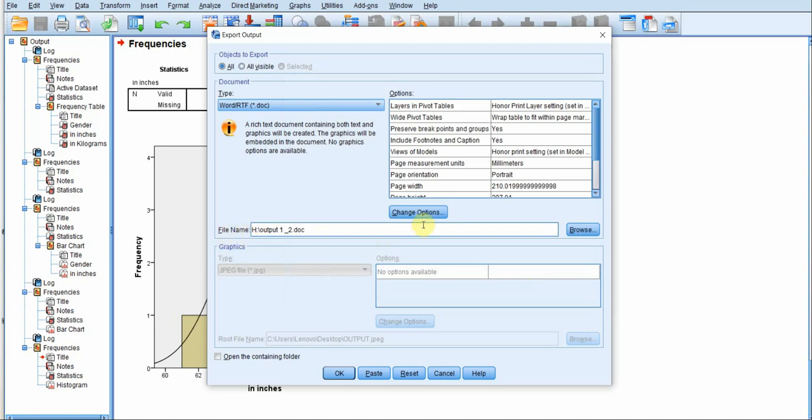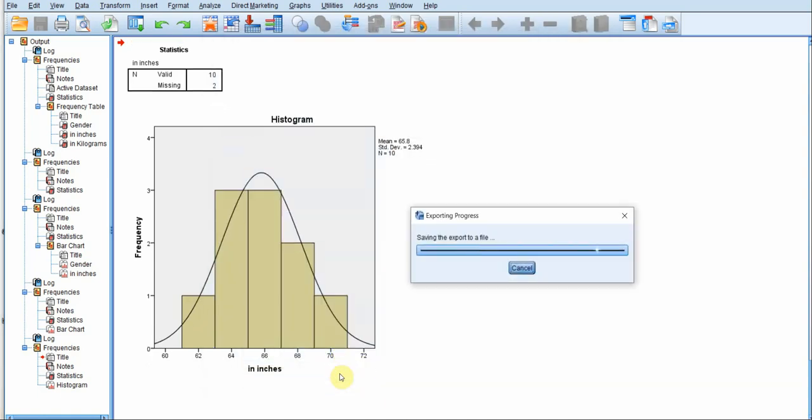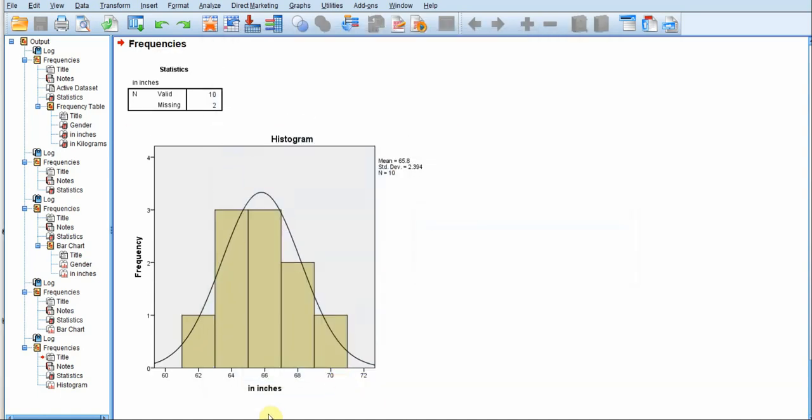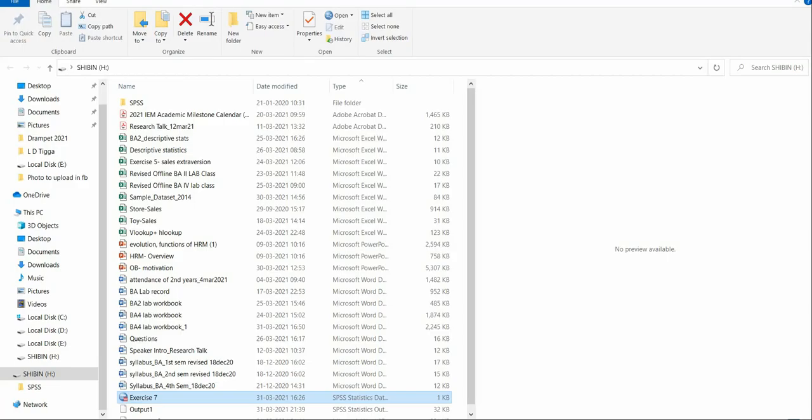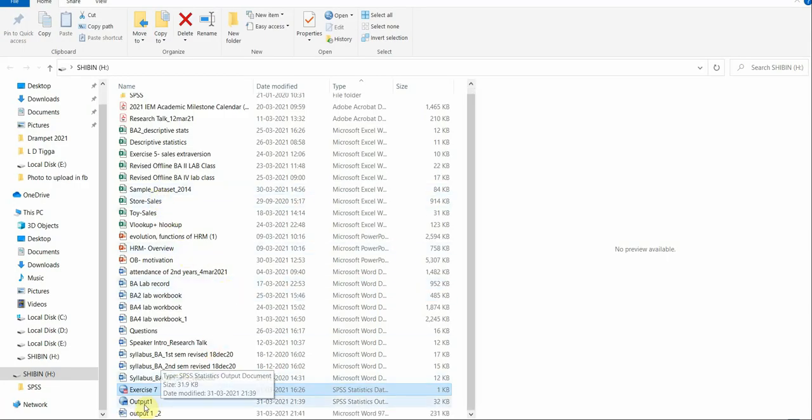I've selected where I want my output to be saved, and then click on OK. So now the export is happening, and now we'll check it in our folder. You'll see I have two outputs over here. One is in the SPV format, that is the .spv extension format.